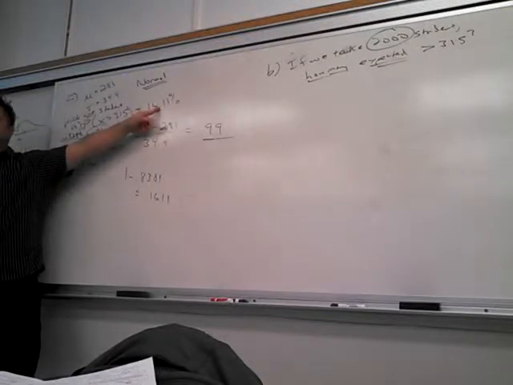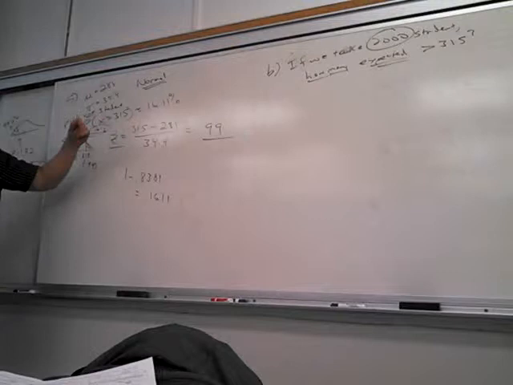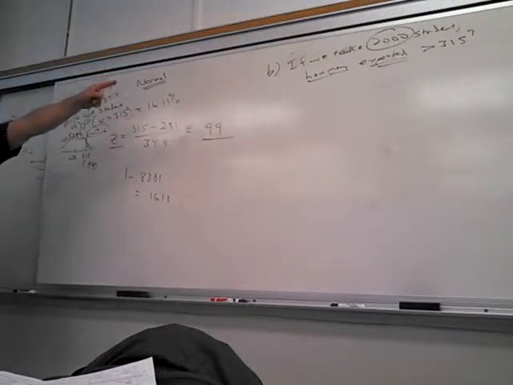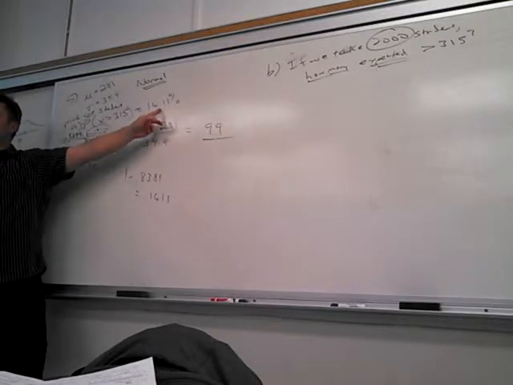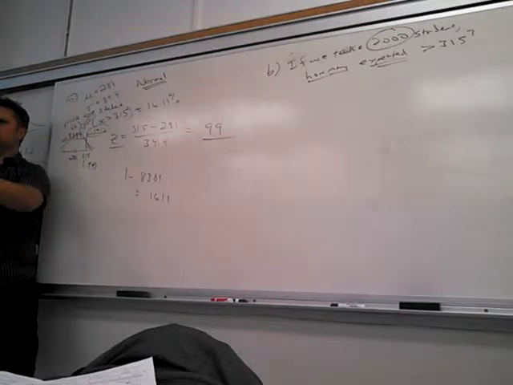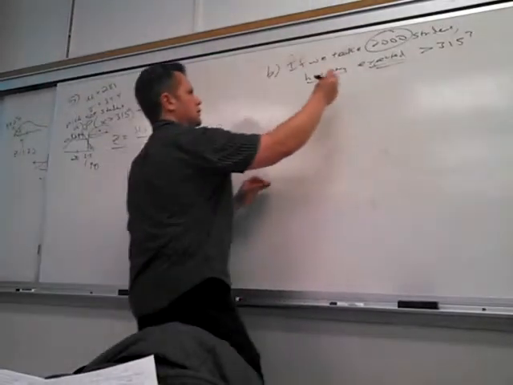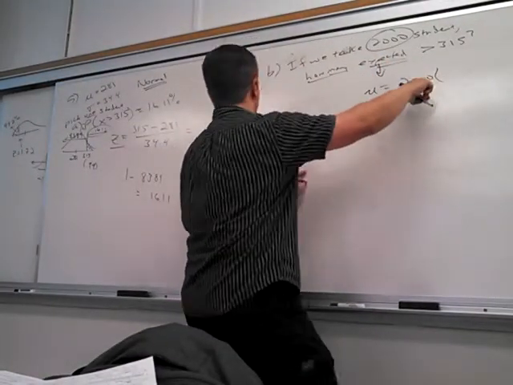Because what does this really mean? Any individual student has a 16% chance, but actually it makes more sense if I say just over 16% of all those students would have made higher than 315. So if I take 2,000 students randomly, how many would I expect to have higher than 315? 16.11% of them. That's why that mean NP makes sense. Percentage of the number. So in this case, the expected value would be the mean, 2,000 N times P,